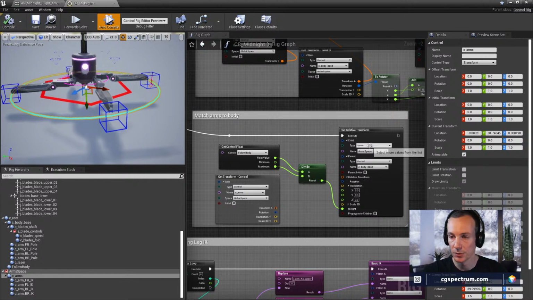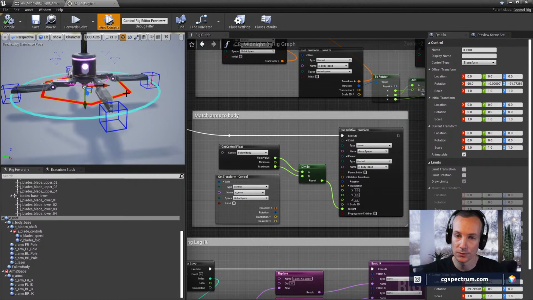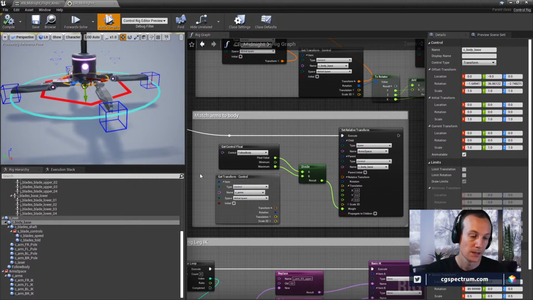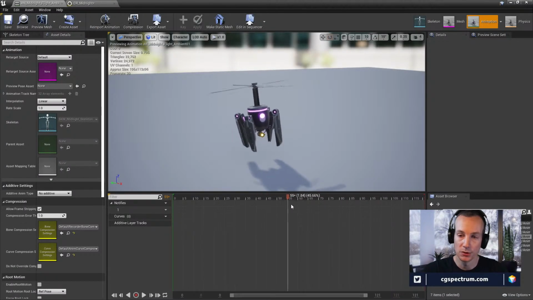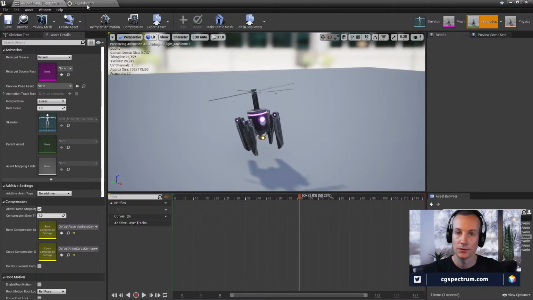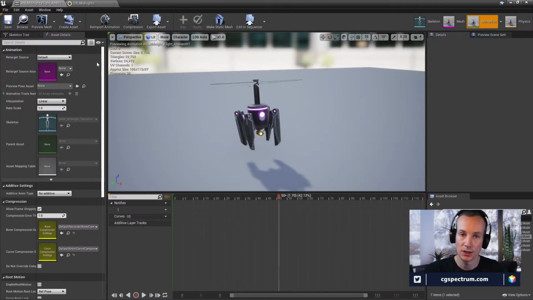So it's kind of like doing a constraint in Maya. That's all it is. You're taking the controller of the body, which is this one, no, it's not, this one, C-body base, and making that the parent, and then the child is the space node of the controller. So then once I turn it on, you have the ability to have the blue controller follow the main body, and then I just animate a little bit of offset.